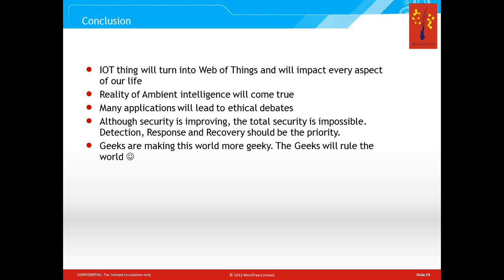Many applications will lead to ethical debates, which is already triggered. For example, in the US, there is a lot of resistance to some of these smart meter kinds of technologies. The reason is privacy issues, but not only privacy issues: the governments will definitely use the data. Like in the US, the FBI uses your energy data to